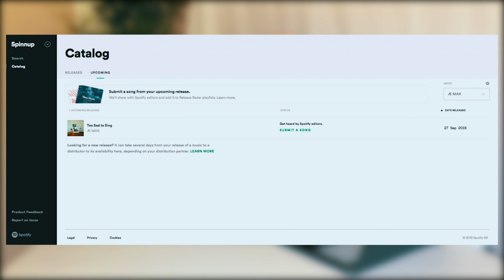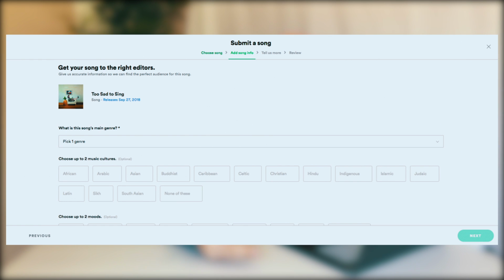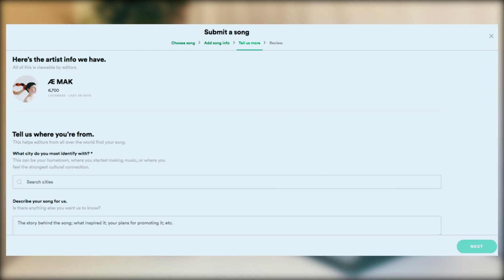When you're in your Spotify for Artists account, you can see this little tab that has like upcoming release. And when you click in there, you have the option to submit it to Spotify. And basically what you're doing is you're submitting it for an editorial playlist. You're basically telling Spotify a bunch of information about your song. You're giving it metadata about your song. And the most important part is where you put your related artists that you sound like. You want to pick maybe 3 to 5 huge artists and then maybe 5 to 7 smaller artists, and really tell Spotify who you are, what you sound like,